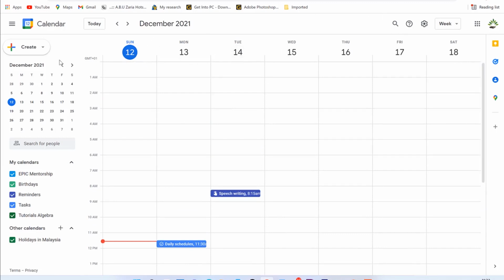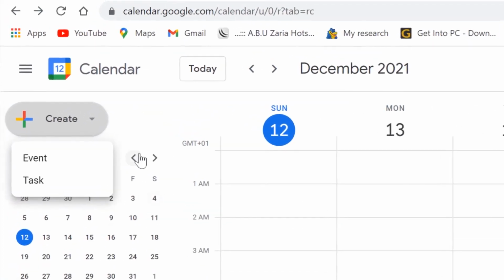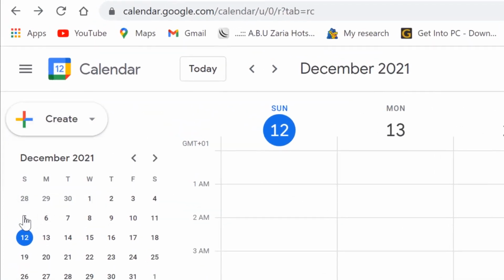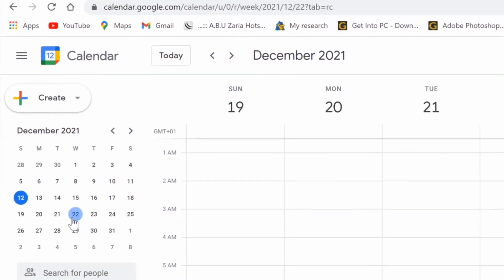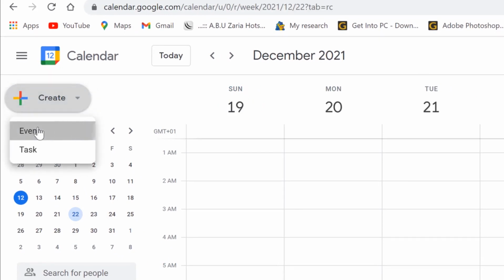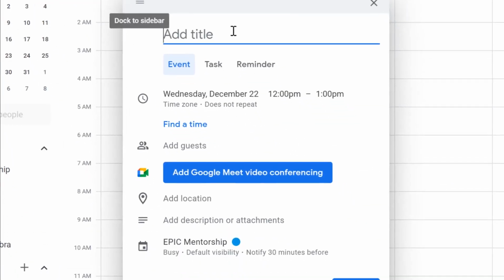Okay, so for example, over here to your top left, you can see Create. You can create an event, you can create a task, but you have to identify which day from the calendar. So look at the December calendar over here. Maybe you have an event on the 22nd, and you just click on the 22nd, and then you go to Create. Okay, you create an event, and then you give it a title. So the 22nd, let's say